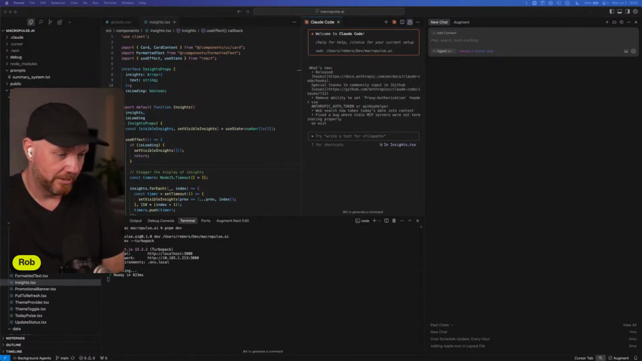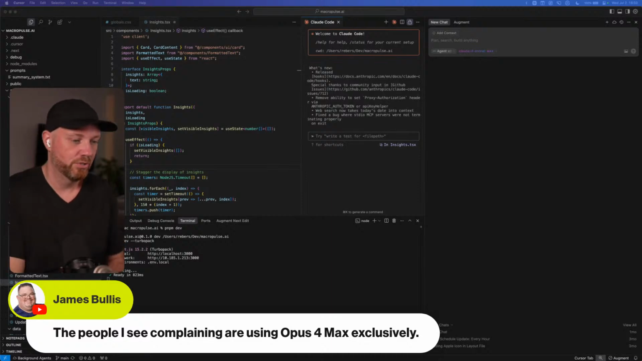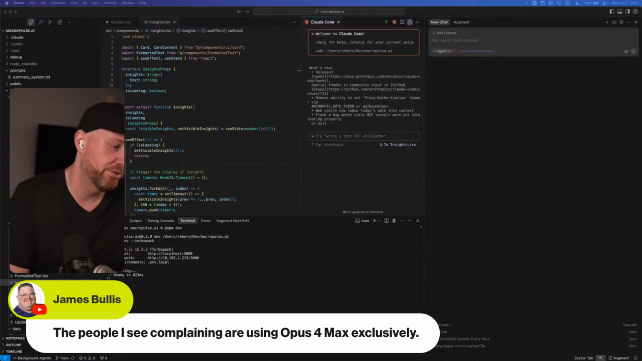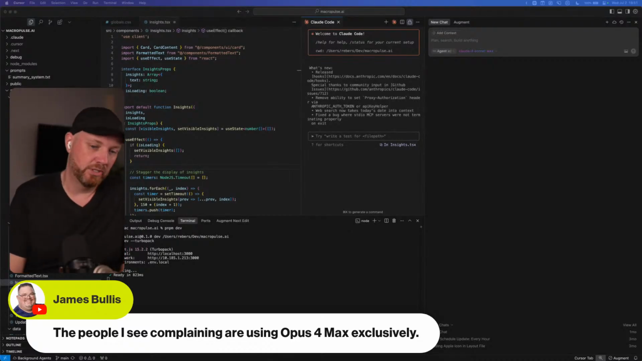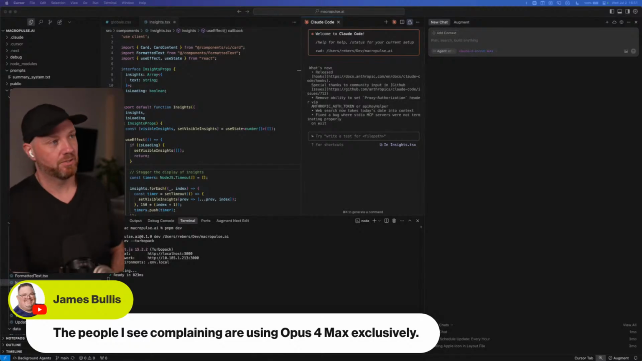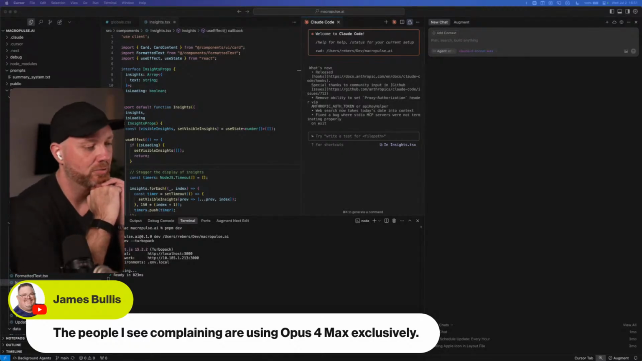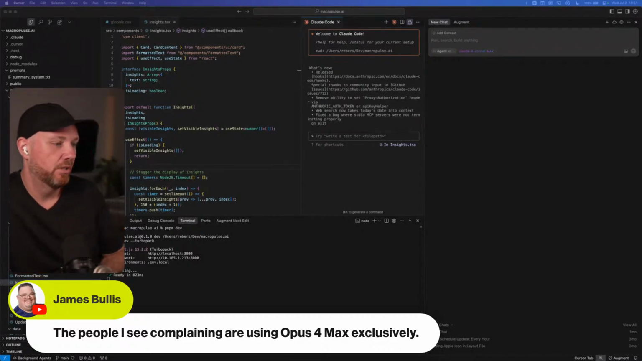You scroll up a little bit. I see people complaining that are using Opus for Max exclusively. Yeah, that's my worry too, right? So when I use it on the Max plan, which let's just extrapolate, if I use it on the Max plan with Opus, I get downgraded after 20% of my token usage within 10 minutes. So maybe I would say within an hour on the $100 plan, I would for sure,